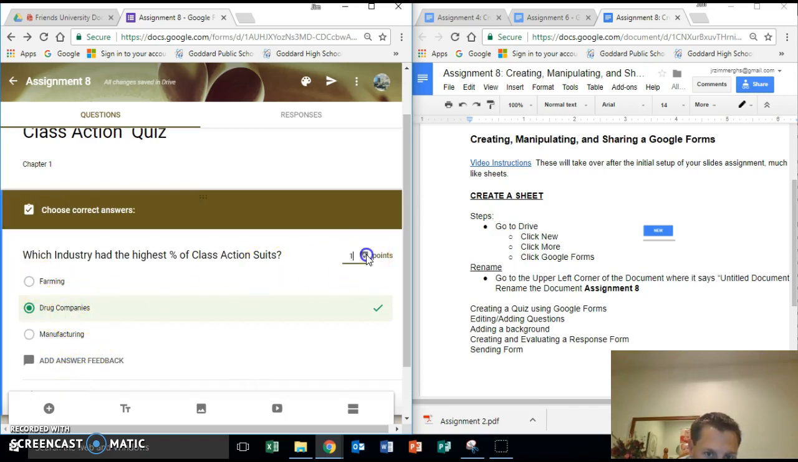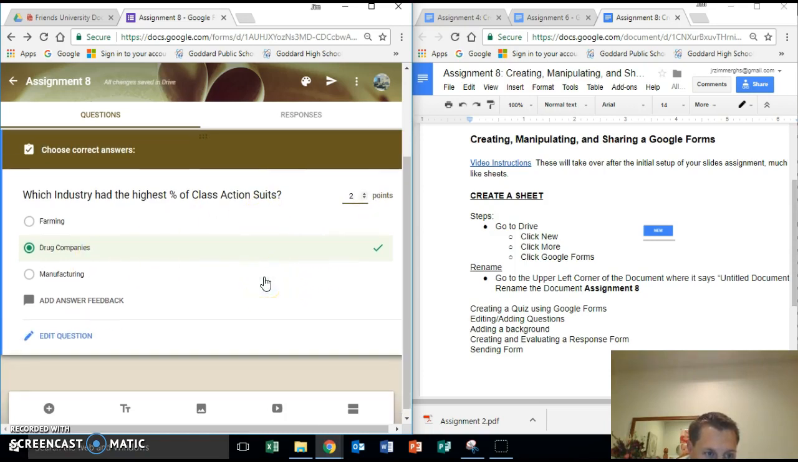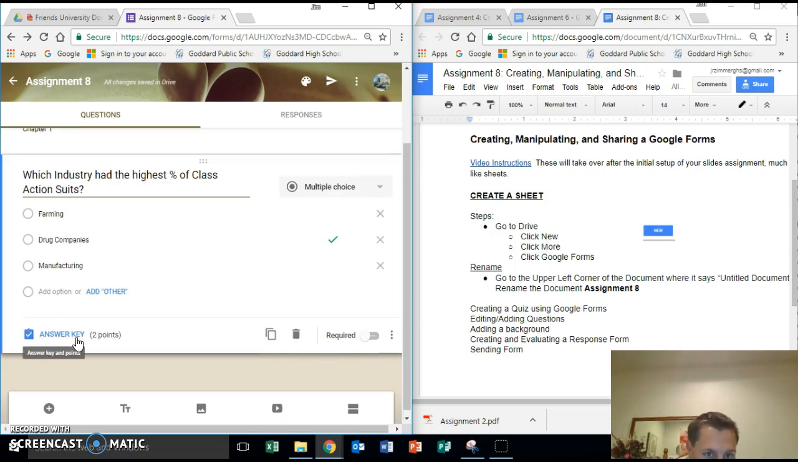You can also give it a certain amount of points. So maybe I want each question to be worth 2 points. And you can also add answer feedback and tell them the right answer if they get it wrong. I'm done. I'm going to go back to edit question because that takes me back to the regular view, and